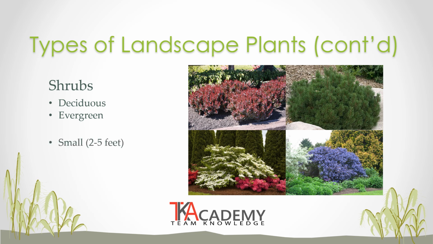Small shrubs are considered those that at full growth will have a height and spread of 2 to 5 feet. A medium-sized shrub will be in the range of 5 to 10 feet. Large shrubs are those that tend to grow more upright and have woody stems, since these can grow to be over 10 feet tall.